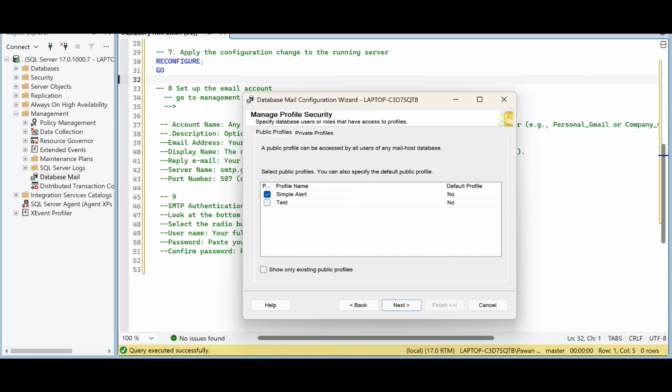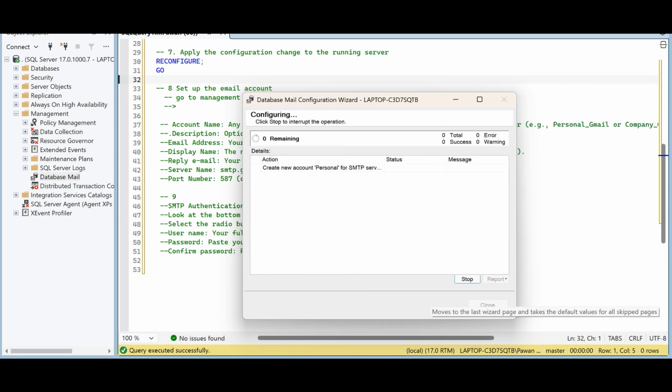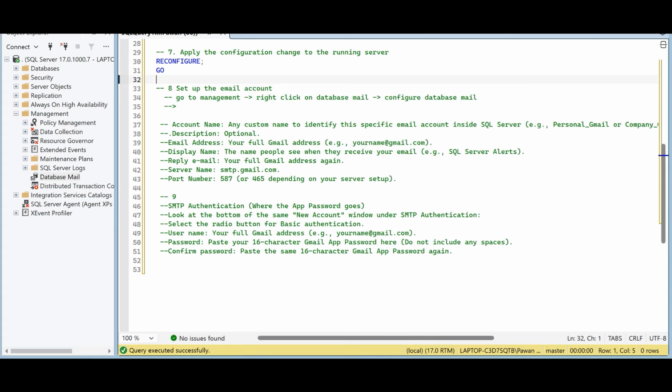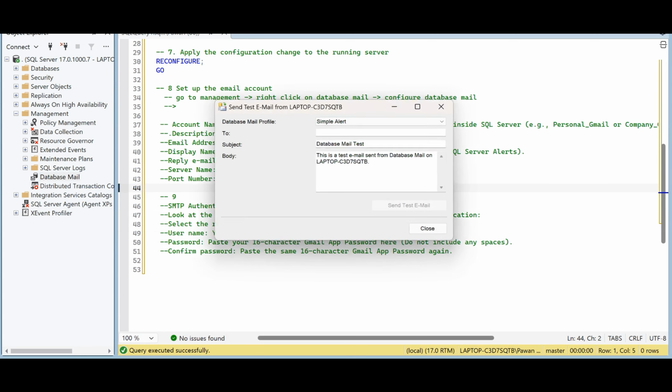Public profile, private profile, simple test, simple alert test. So only the existing public profile. I added the two profiles, so that's why I already added both. In both profiles, I added only one. Okay, so now I'm going to send one email, send a test email,